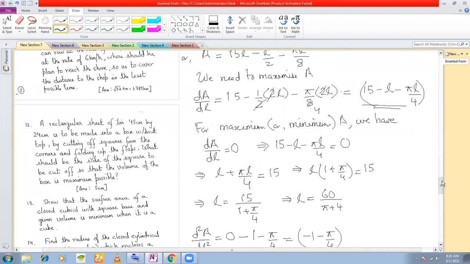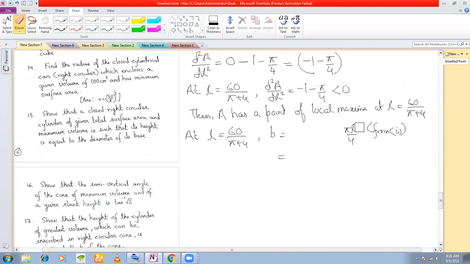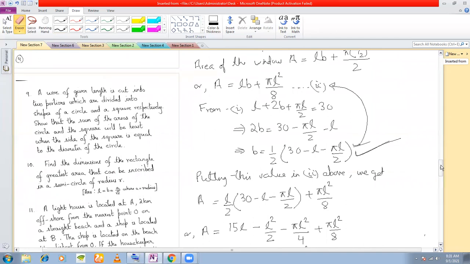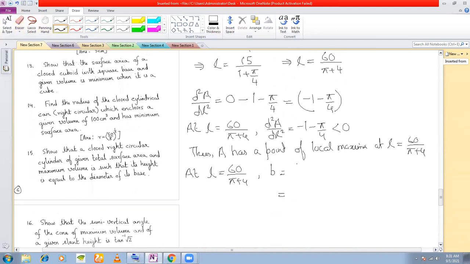this is B, right? No, this is dA/dL. This is not B. B was, yeah, this one was B: half of 30 minus L minus pi L by 2. This was B,